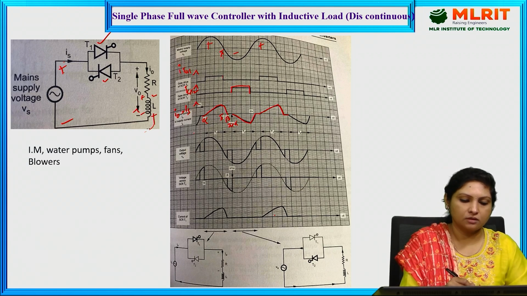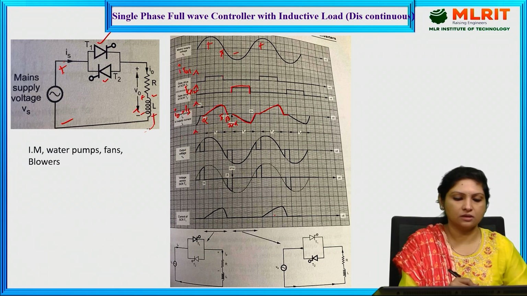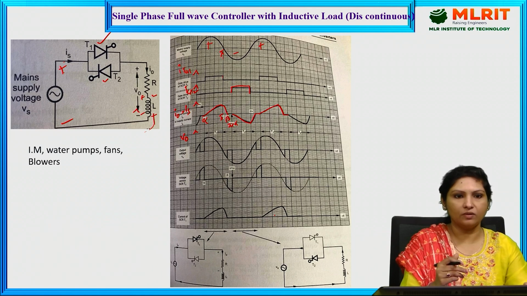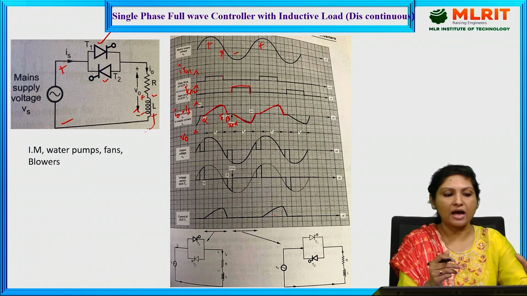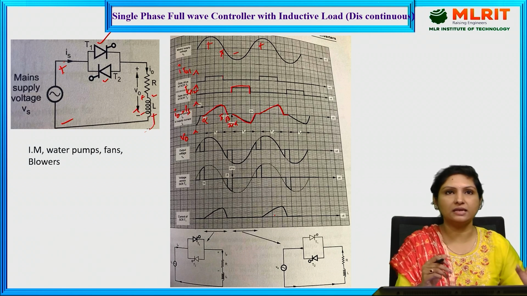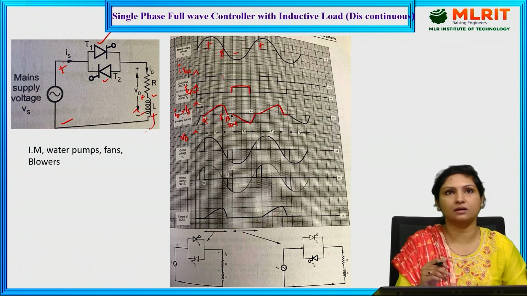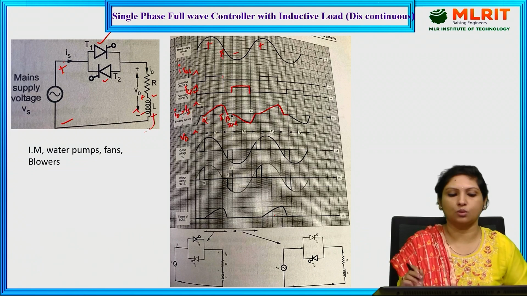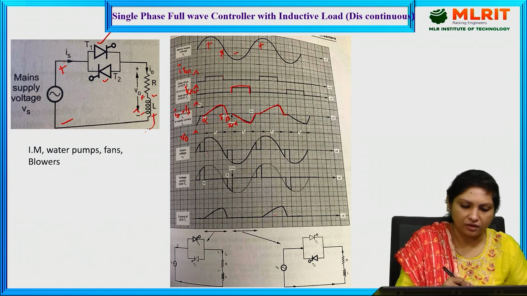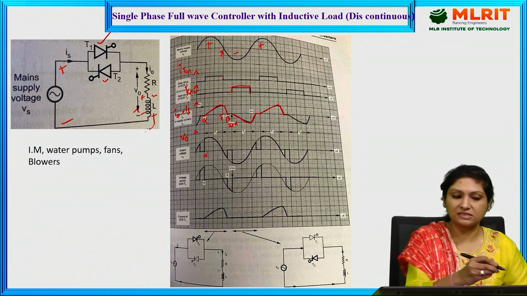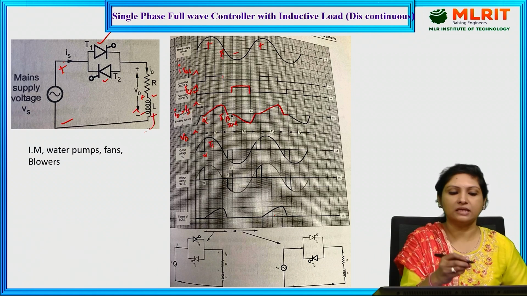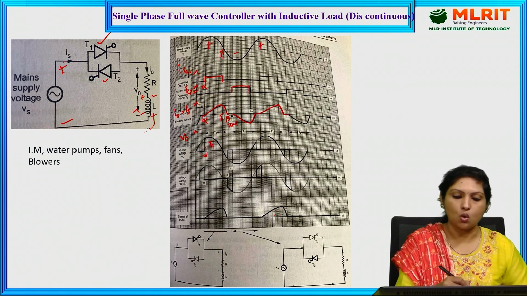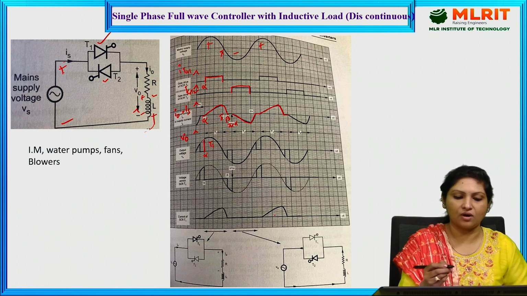And then coming to the output voltage for this particular circuit, whatever supply voltage we are feeding will be applied across the load as long as the thyristor is turned on. As long as the thyristor is conducting, the supply voltage will appear across the load. During the positive half cycle, since thyristor 1 is forward biased, the instant at alpha, when we provide the triggering pulse for thyristor 1, only then it starts conducting from alpha, and it conducts